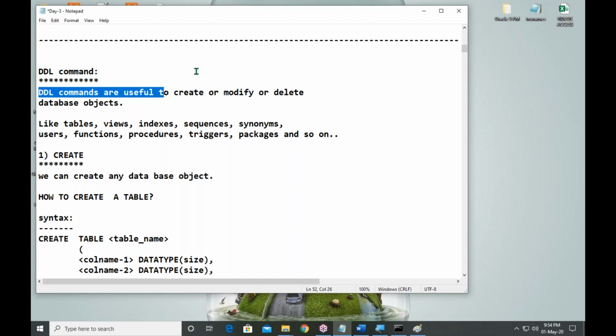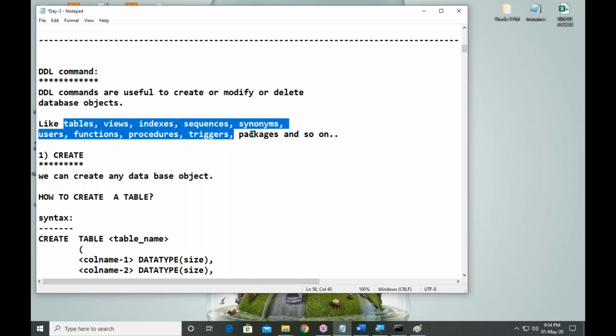And each object is useful for a specific purpose. Similarly, a database is a collection of objects. What are the objects? Tables, views, indexes, sequences, synonyms, and so on. Each database object is useful for a specific purpose.